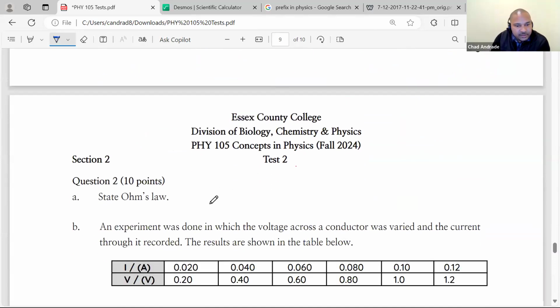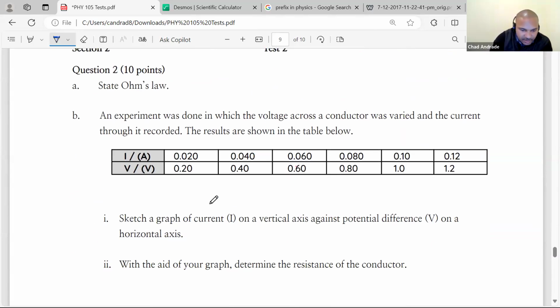So that's question one. Question two says state Ohm's law. This one is easy. This law says voltage equals